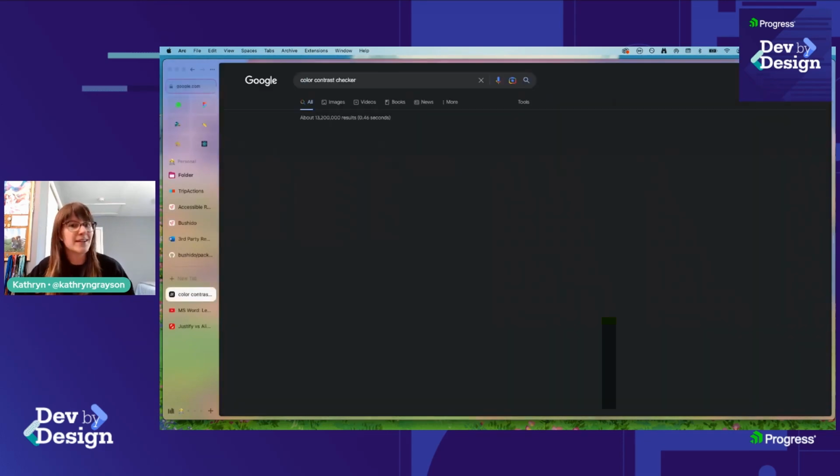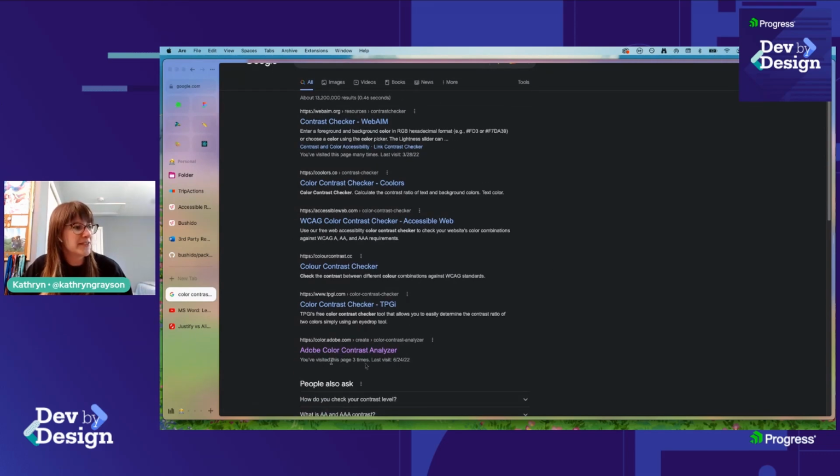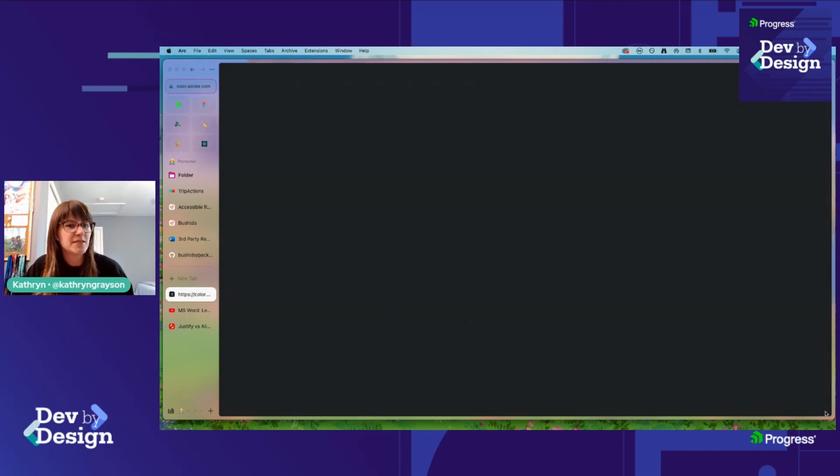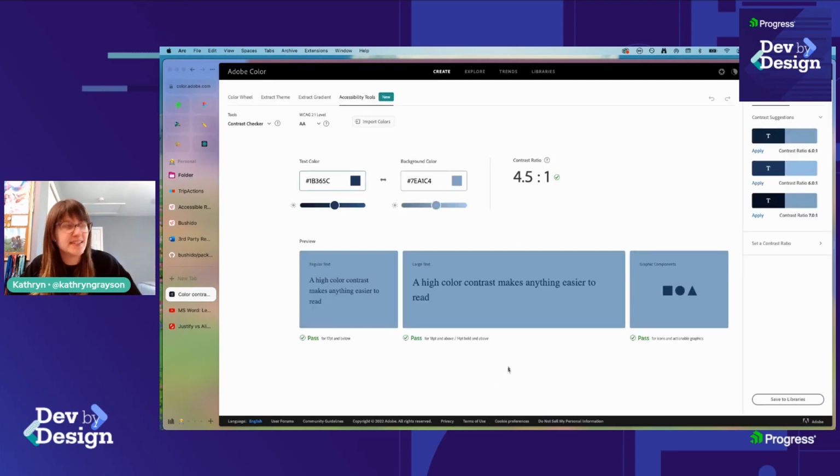I'm just Googling color contrast checker. I'm gonna get about 28 of them. This one, the one that is purple, happens to be my favorite, the Adobe Color Contrast Analyzer, because it also includes some ways to mimic different sightedness, right? So you can see,